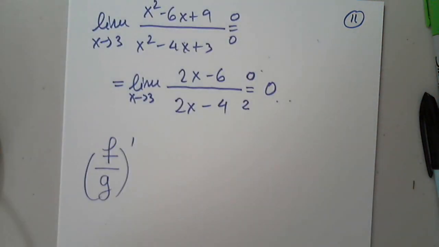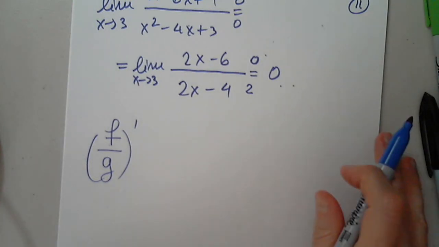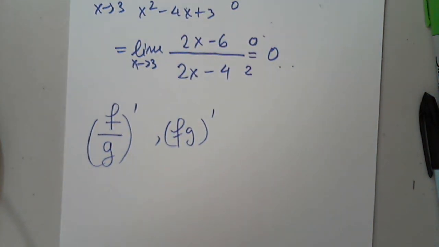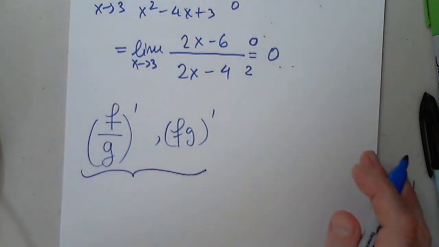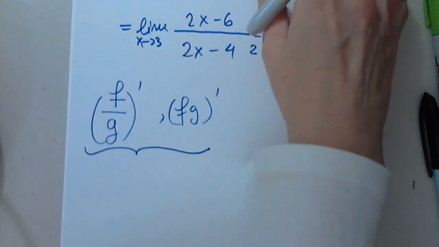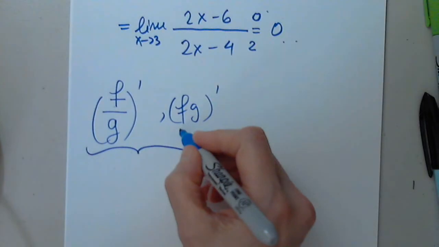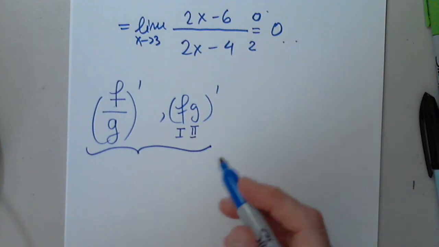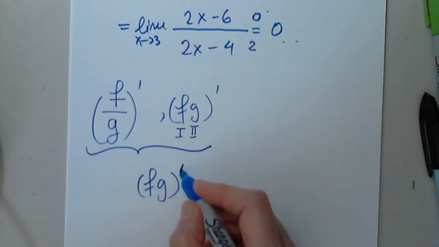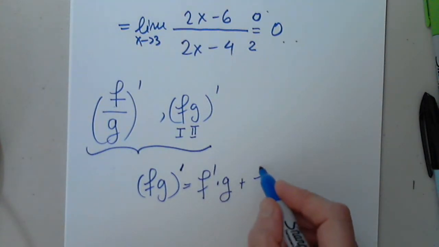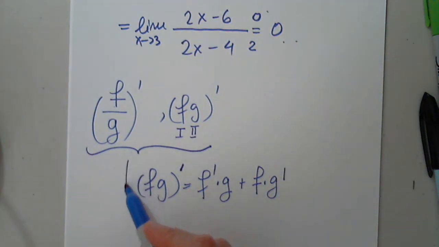Okay. So when we have a quotient or when we have a product of 2 functions and we want to differentiate, these are specific rules that we have to memorize. I present them in a certain way. If you prefer a different way, I'm fine with that. I present this as function 1 and function 2. So I use that sequence. So fg prime, a product of 2 functions, is f prime times g plus f times g prime. And this is carved in stone,